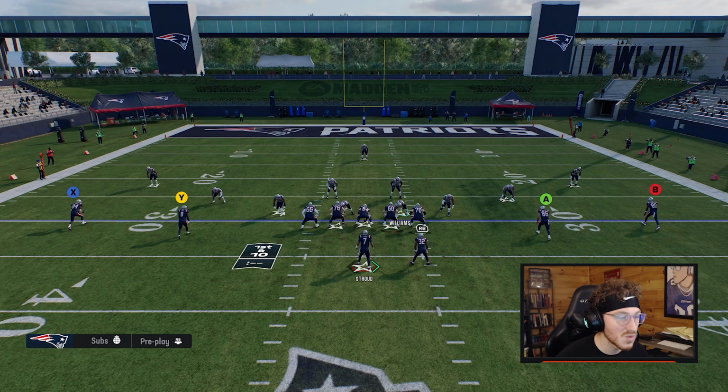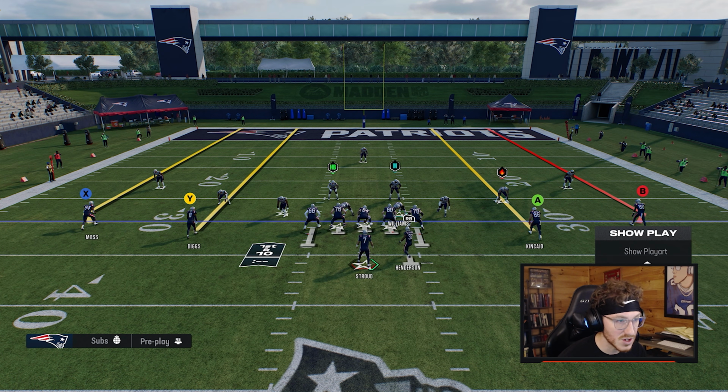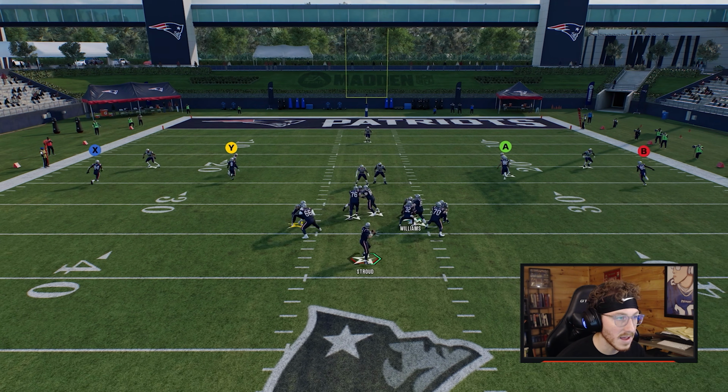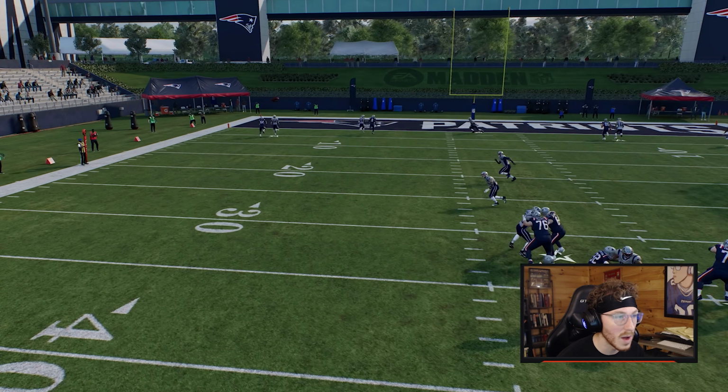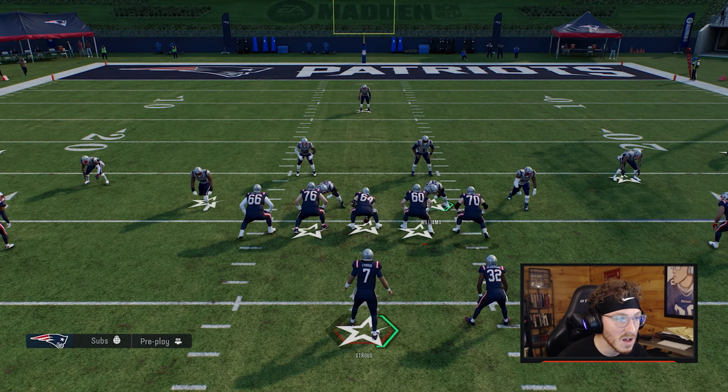So if we just run something on the offensive side of things right here, where we just send everybody on a streak, just so you can see what this shading is going to look like. We say hike, and we're just going to sit here and throw the ball away. And we're going to go into replay and really look at how these DBs are playing based off the alignment